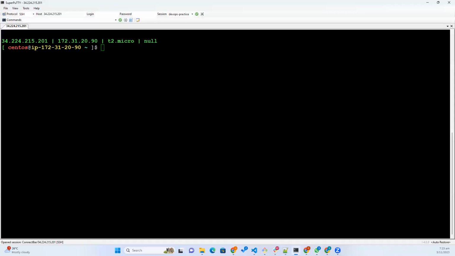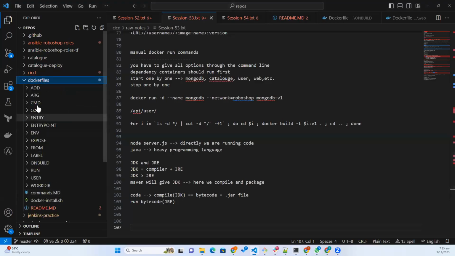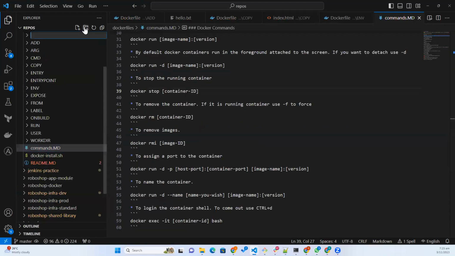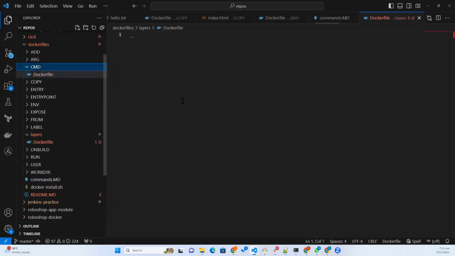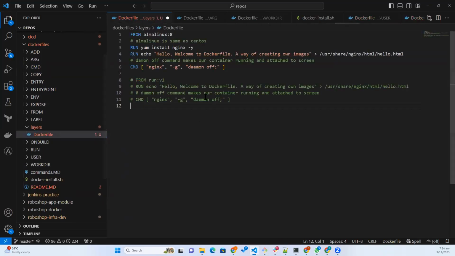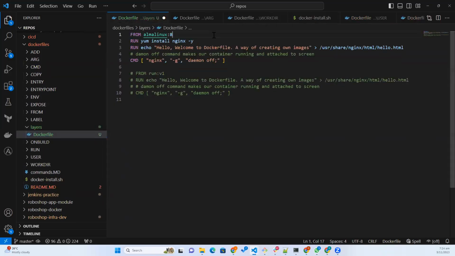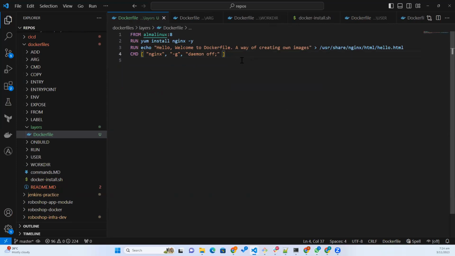Okay, so let me run a few things. Here I will create something called layers. Dockerfile. Okay, so let me copy this. So do you know what is happening here? Once the Docker image